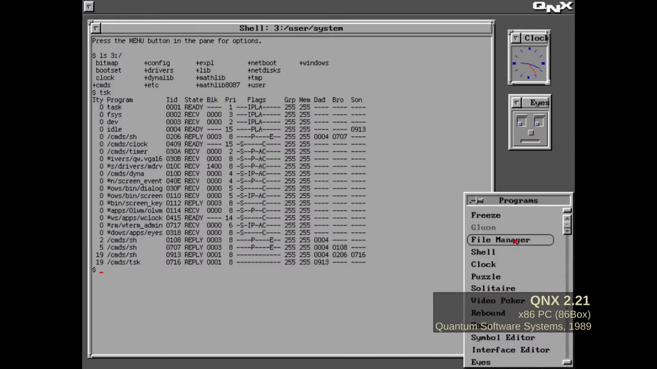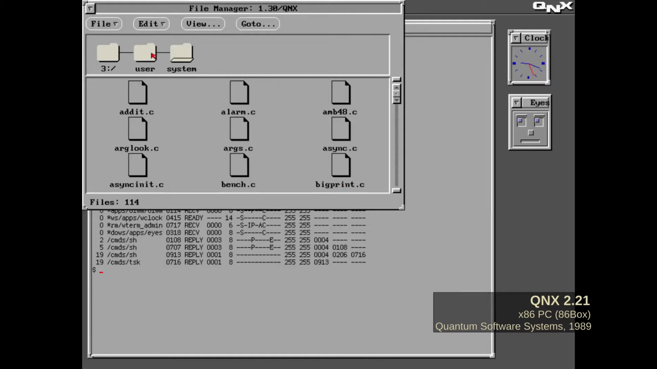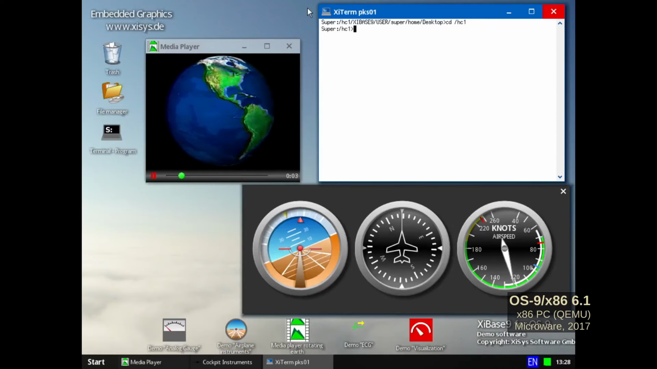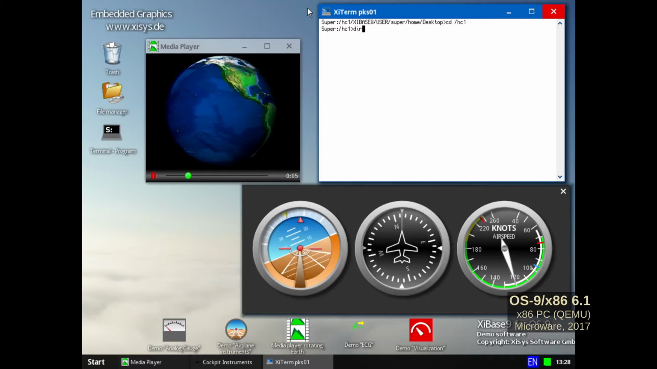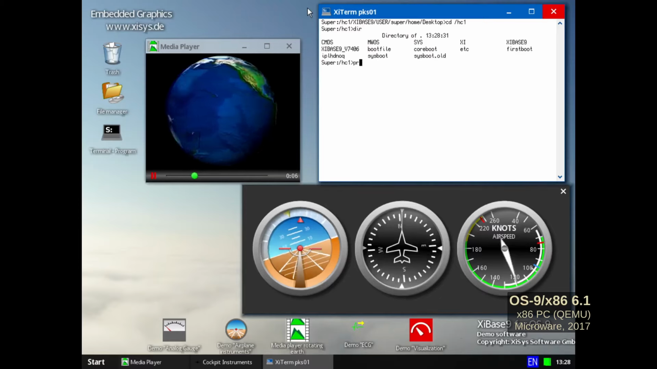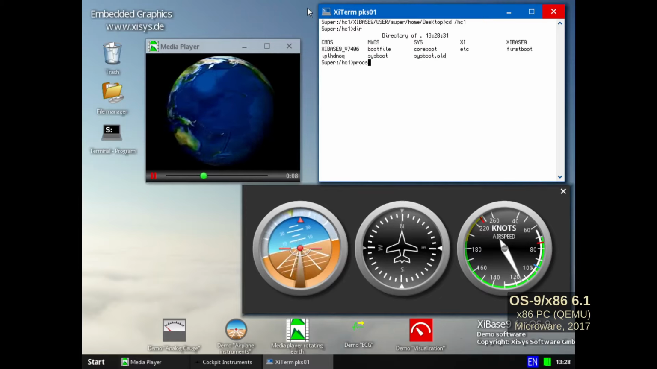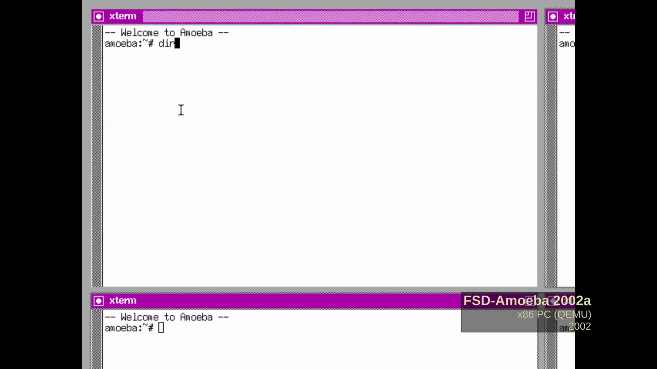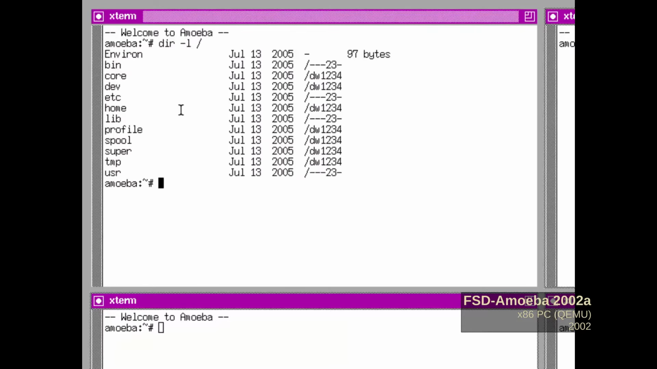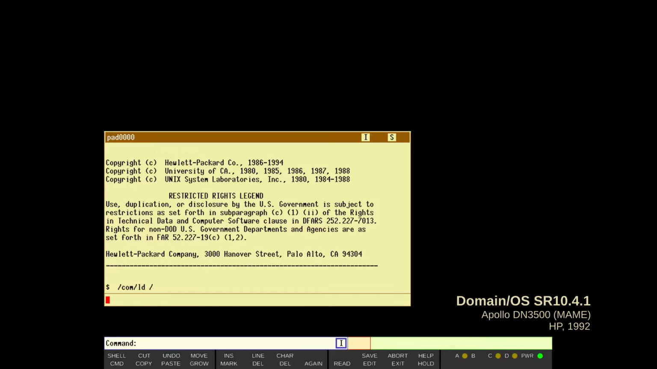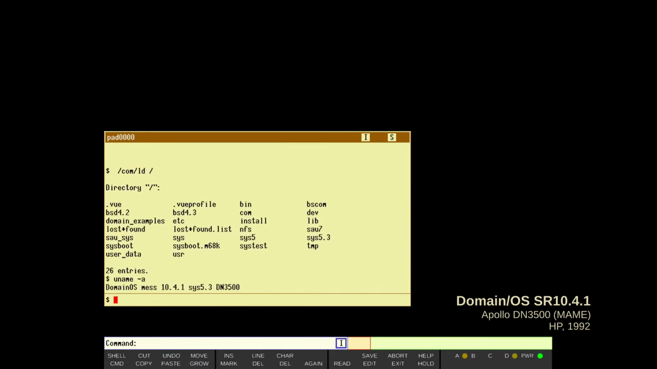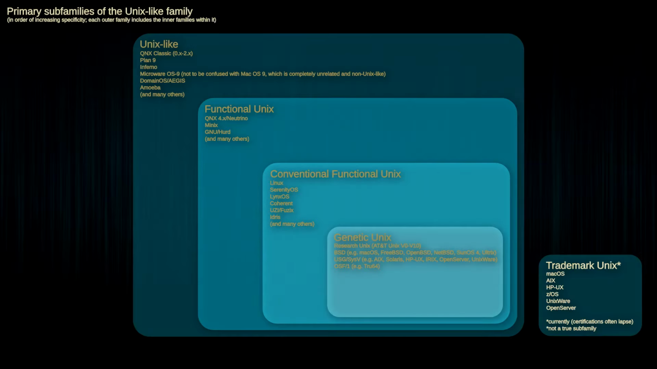Other examples of such OSs are QNX 2 and earlier, Microware OS-9, not to be confused with the completely unrelated and non-Unix-like Mac OS 9, Amoeba, and Domain/OS. There's also another category of Unix-related systems, specifically Trademark Unix, which is any OS where the